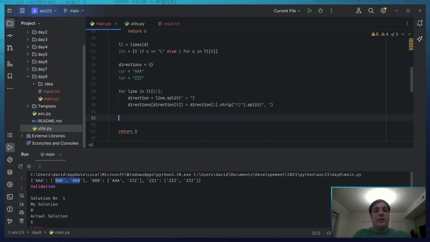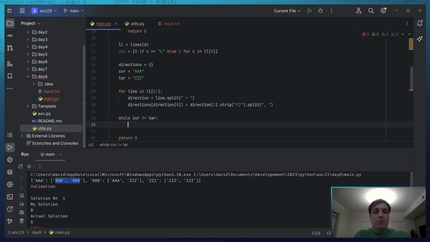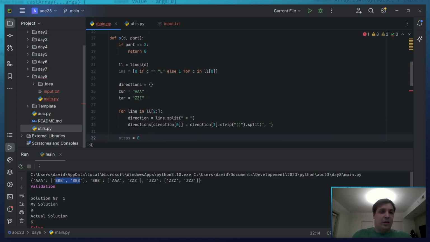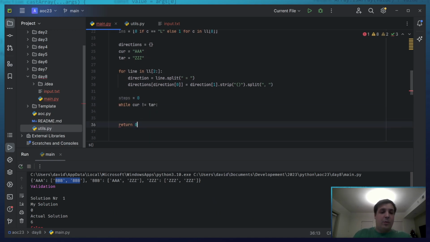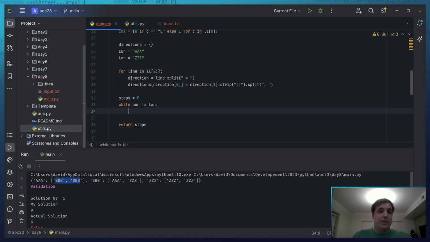So what are we going to say? While current is not equal to target, we're going to keep doing our loop. I also want to try to figure out steps equals 0. And then we want to return steps because we want to know how many steps it takes to get to where we are going. Now, every time we do a step, plus equals 1.